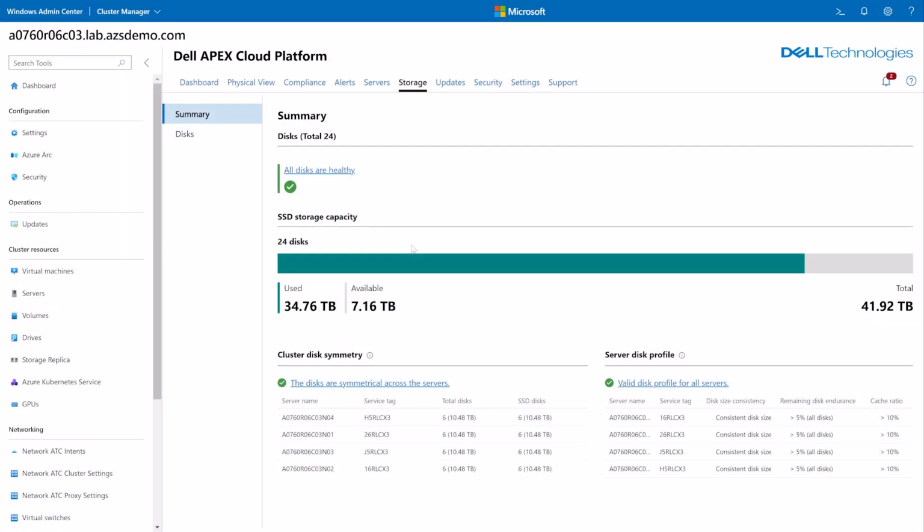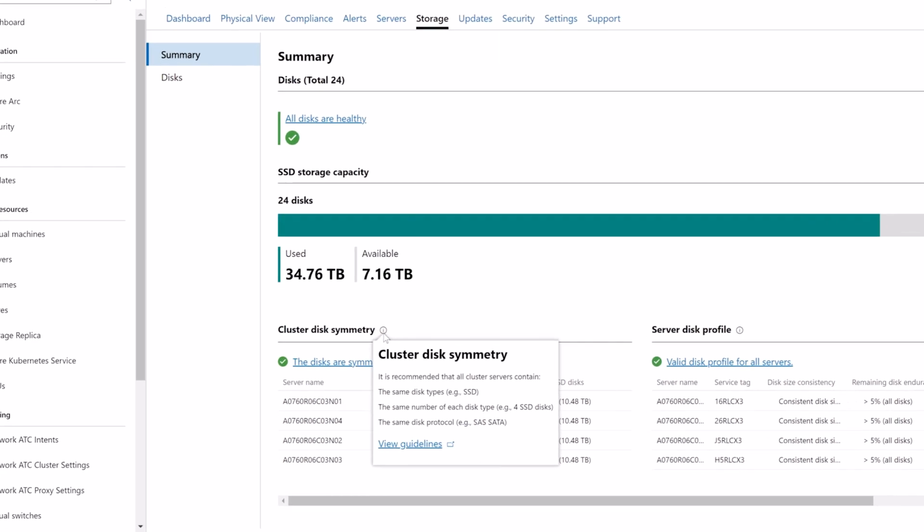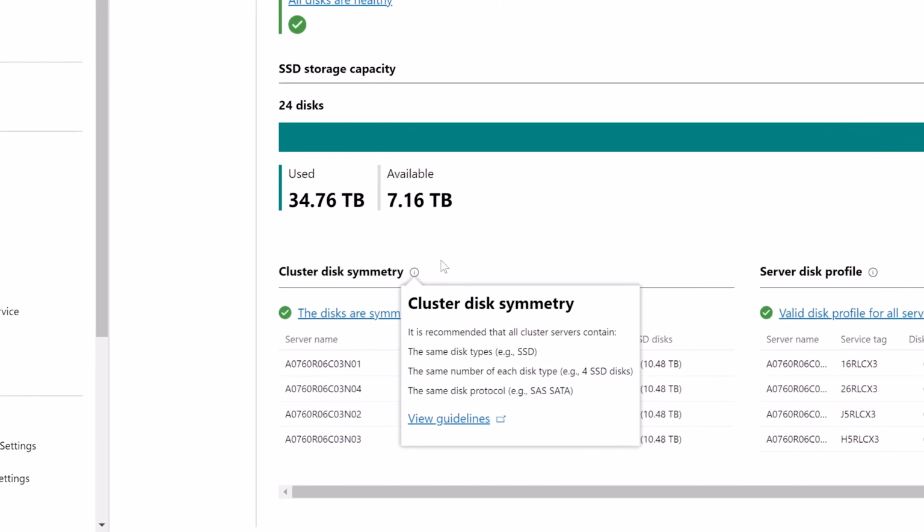For example, the disks must be symmetrical, and I'll click on this handy information icon to see what that means. The disks must be of the same disk type. The same number of disks should be inserted into each chassis, and all the disks should be using the same disk protocol.